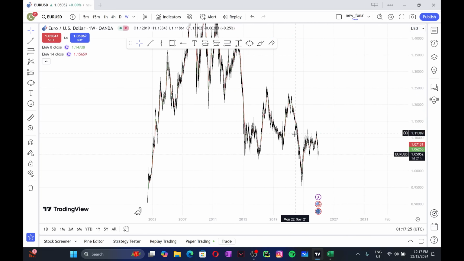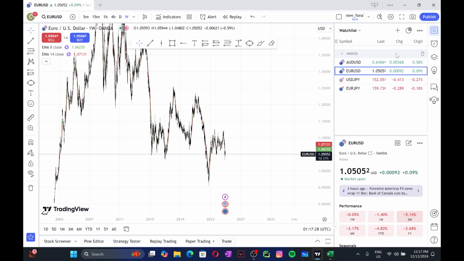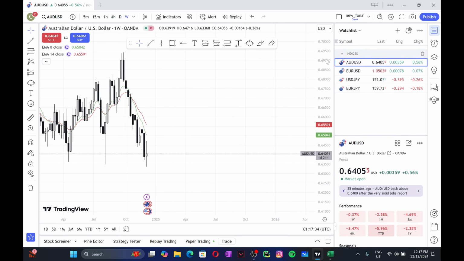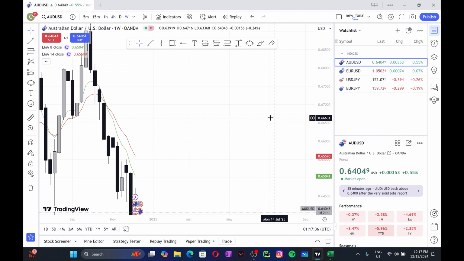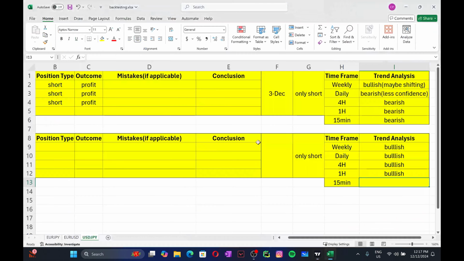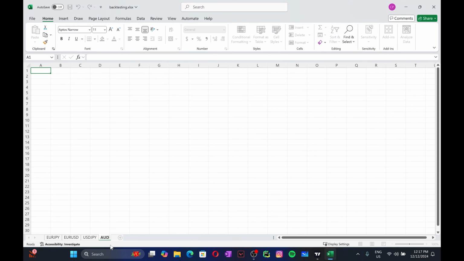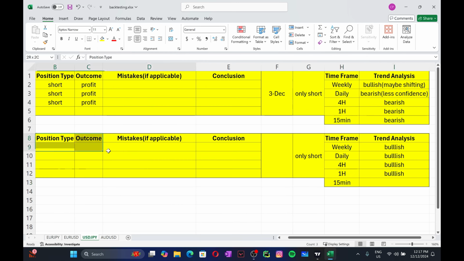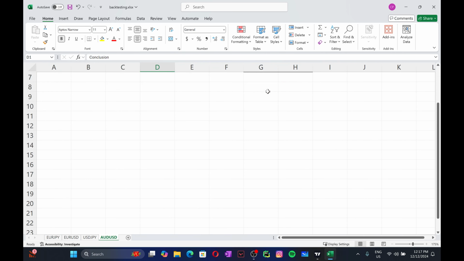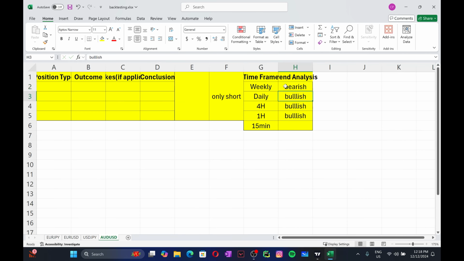So I would really not prefer to take trades if it's consolidating, but since it's weekly, what I'm going to do is I'm just going to go over the past few weeks, which is this right here. So it's kind of going downwards, and so that is bearish in structure. This is AUD-USD. And this is going to be bearish, and the rest all will be bearish as well.